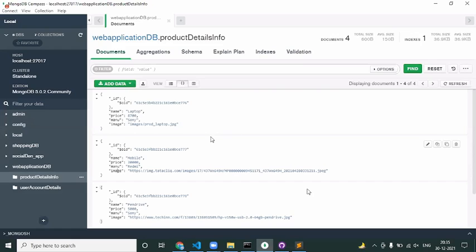One thing I'm still pending is how we upload the product details. We have taken a simple JSON file and we are importing the data. That part we have seen too: instead of manually inserting one by one, how do we create a JSON, and how do we import the data from the JSON file to the collection? That is what we have seen.